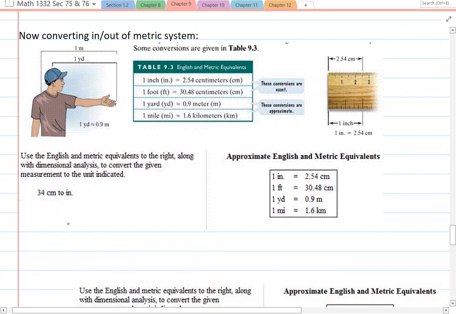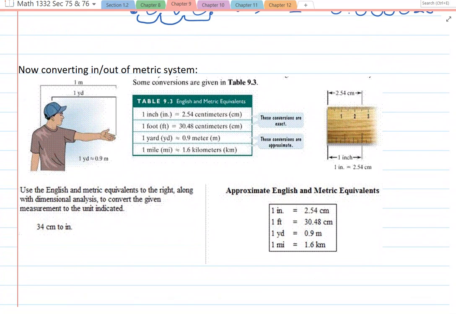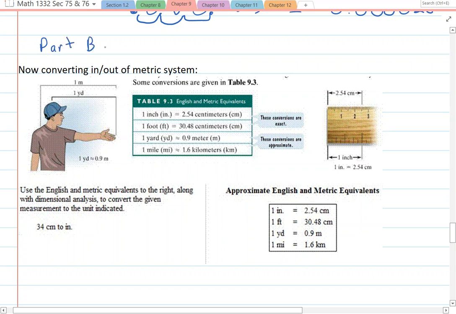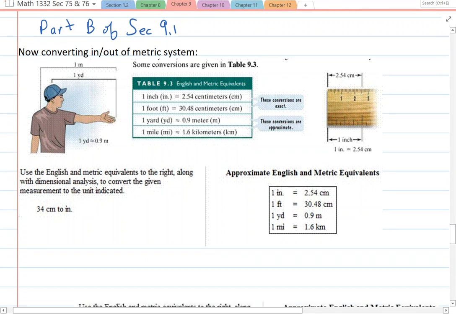All right, so let's go with our second part of 9.1, which is a linear system. On the previous video, we changed only American to American and metric to metric. Well, here we're doing American to metric or metric to American units of measurement. Again, we're going to be using dimensional analysis